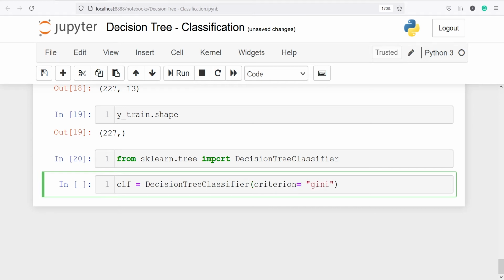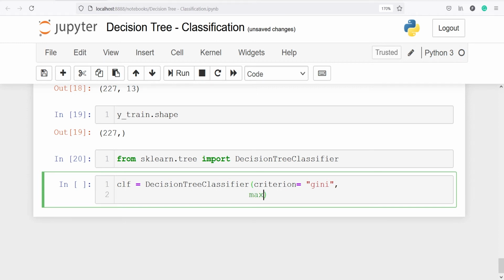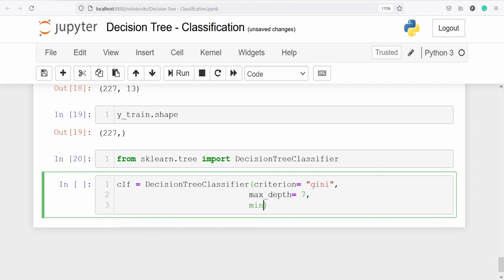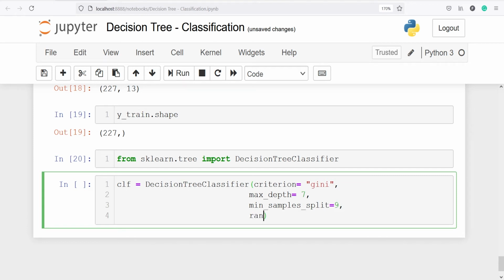I'll explain everything once I define the hyperparameters. The next hyperparameter is max_depth, and this is going to be 7. The next parameter is min_samples_split, and this will be 9. The last one is random_state, and here you can put any number, since this is a random state. Let's say I'll put 10 here.